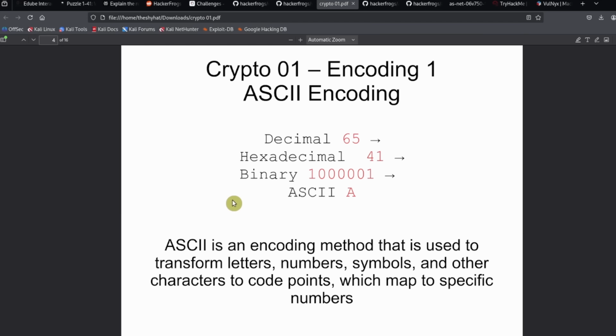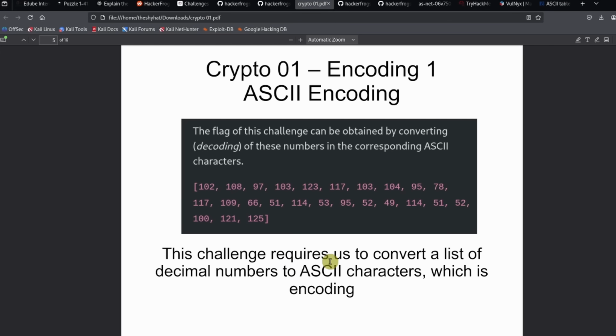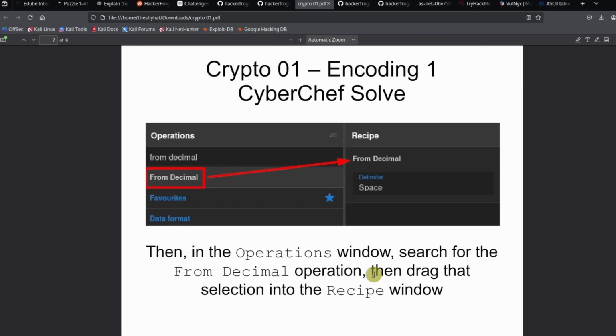So ASCII is an encoding method that is used to transform letters, numbers and symbols, and other characters to code points, which map to specific numbers. So this challenge requires us to convert a list of decimal numbers to ASCII characters, which is the act of encoding them. Okay, so if we wanted to solve this challenge using CyberChef,